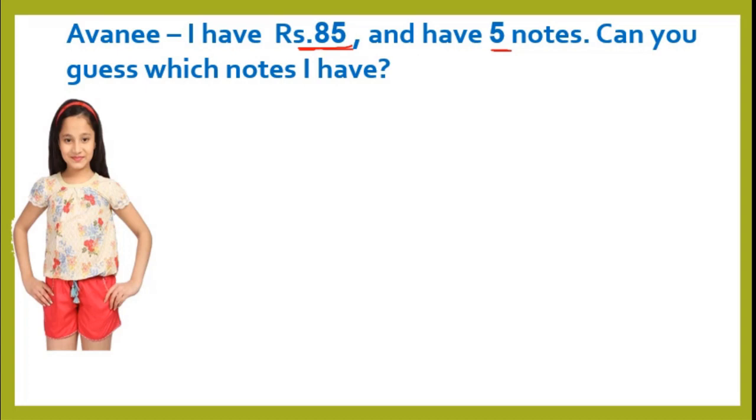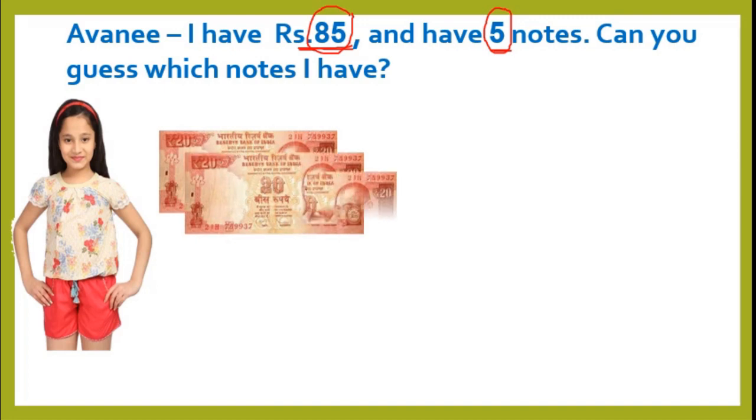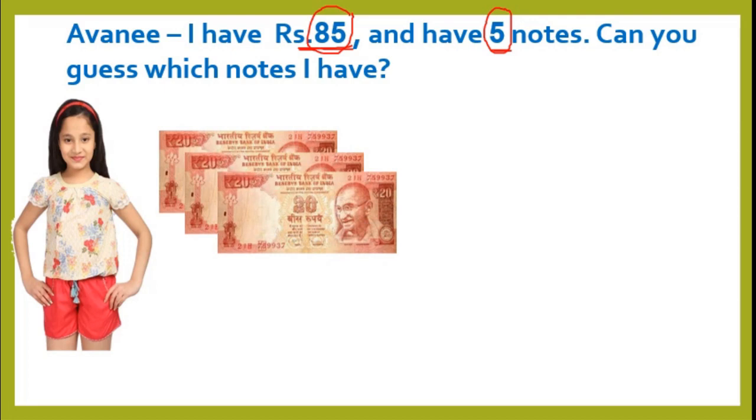Okay. We have to guess which all notes she has, and the total amount should be 85, not more than 85 or not less than 85. Means here the condition is that there should be 5 notes and the total amount should be equal to 85. Okay, we will see. First we will take 20 rupees, 1 note, 20 rupees, 2 notes, 20 rupees, 3,